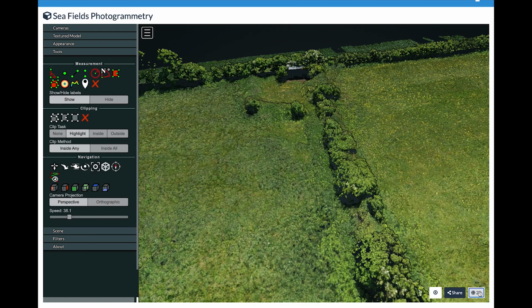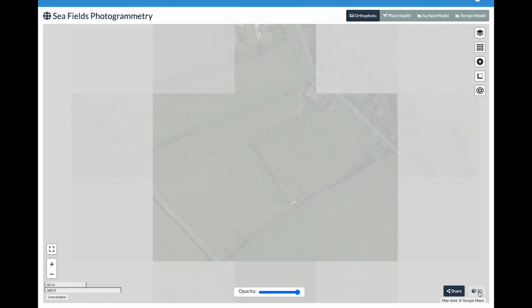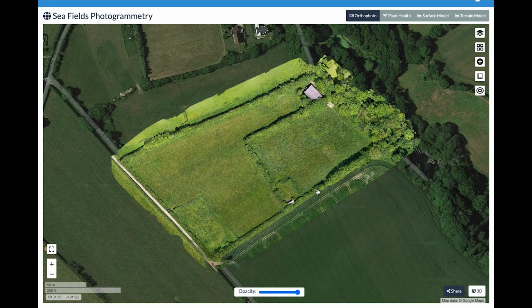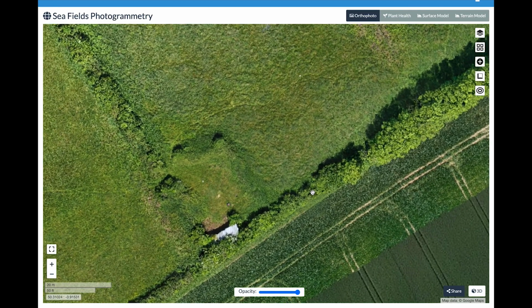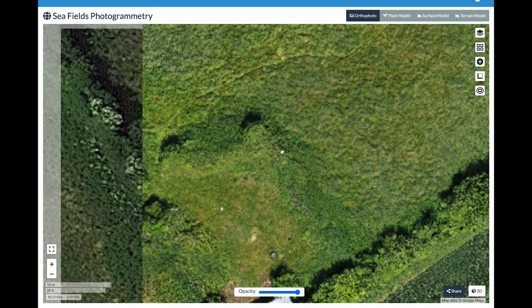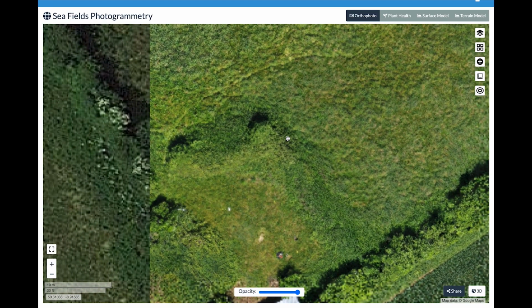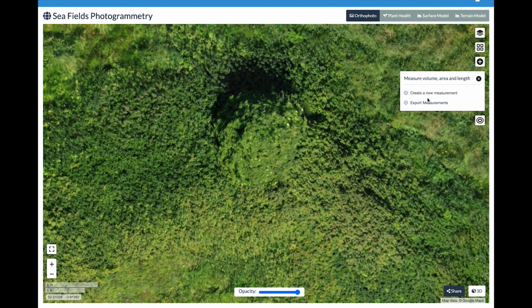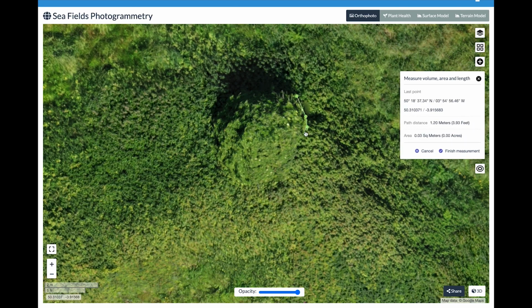We'll switch to two-dimensional view, and this will give us an orthophoto of the site. I appreciate this is not an aggregate heap. We'll click on this measurement tool, create new measurement, and then I'm going to put the points around as though this was an aggregate pile. You get the idea. I can put as many points as I like,